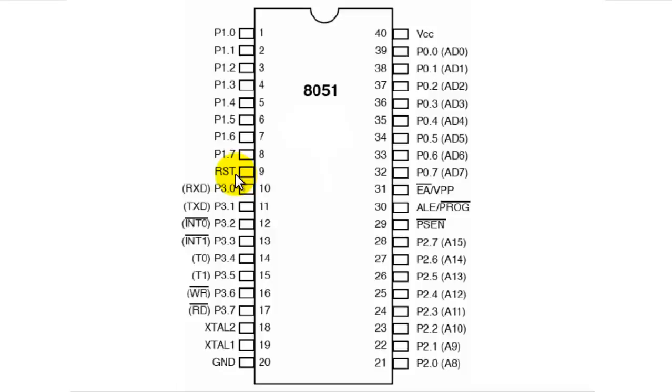Now let us move on to serial communication. Pin number 10 and 11 are labeled as RxD and TxD. They are respectively the receive serial bit and transmit serial bit pins. These are used for serial communication with any outside terminal like the PC terminal, so that data can be communicated between the 8051 microcontroller and the external system.